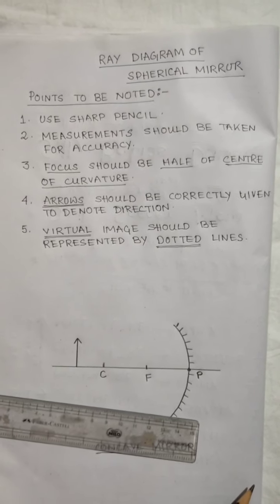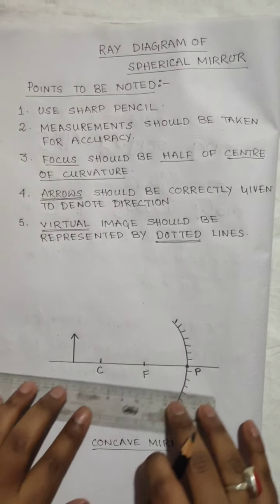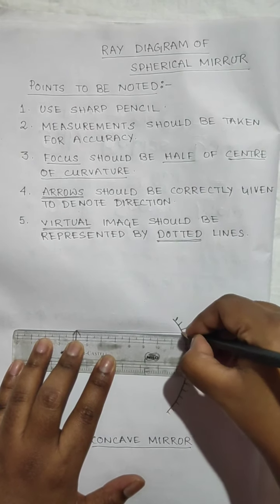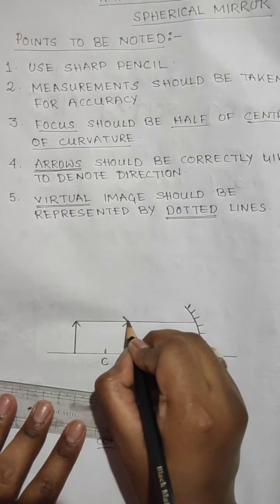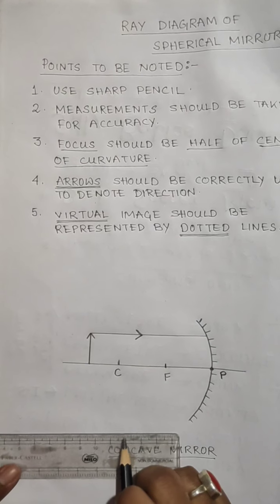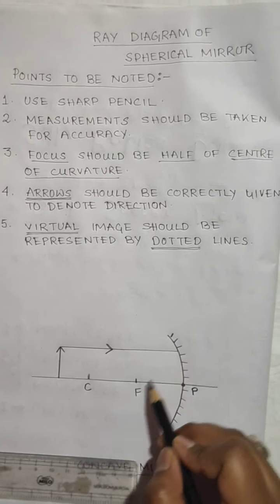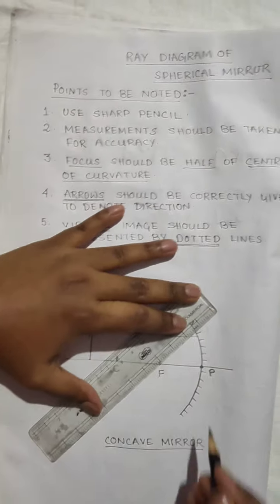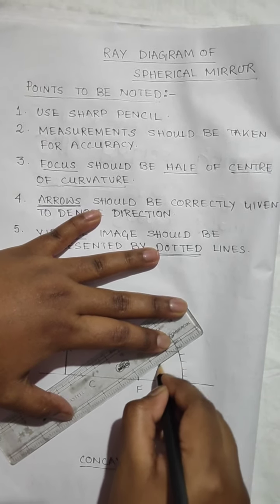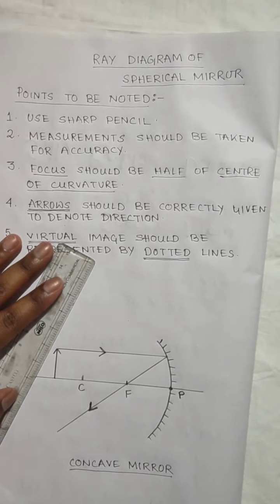Okay, now for drawing any ray diagram, the minimum number of rays which we need to draw the ray diagram is 2 rays. One ray should be parallel to the principal axis. So this is your incident ray. I am giving the arrow, see correctly, the arrow is the inward arrow, this is the incident ray arrow. Now we know that any ray parallel to the principal axis after reflection from the mirror passes through the focus. So we will take this point and join both the points. Again I am giving an outgoing arrow to denote the reflected ray.